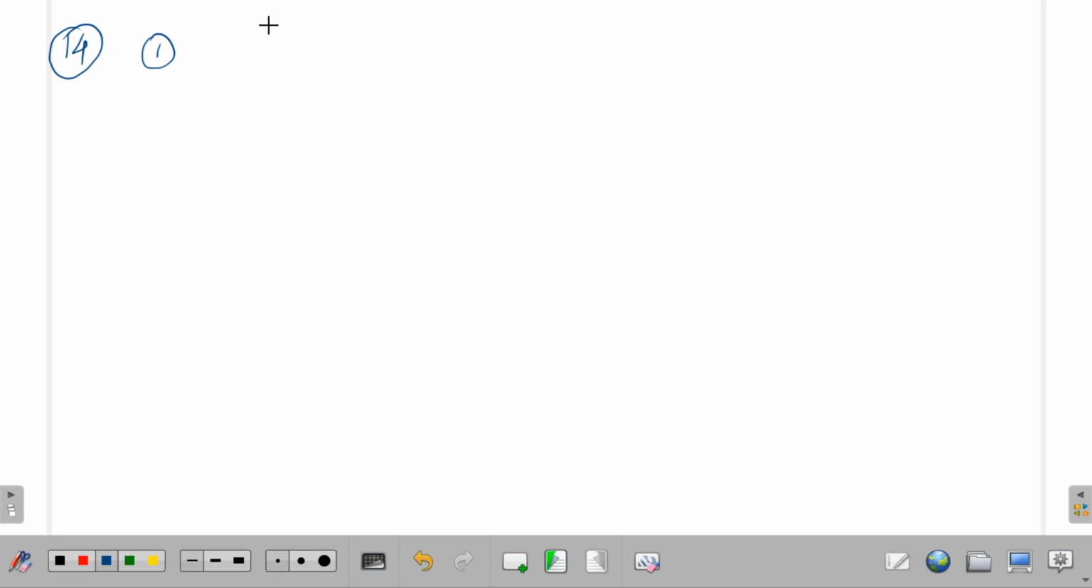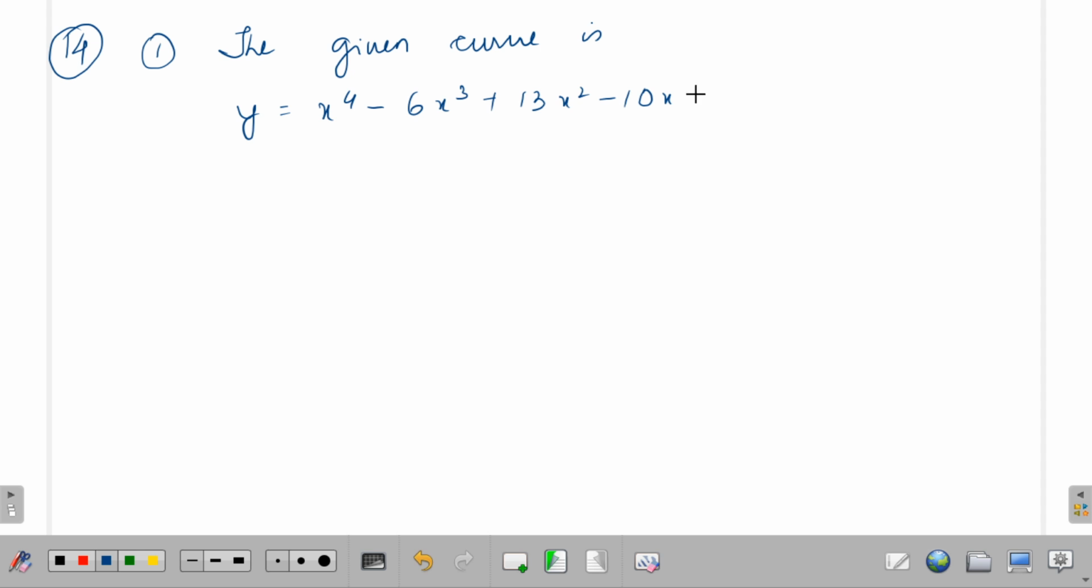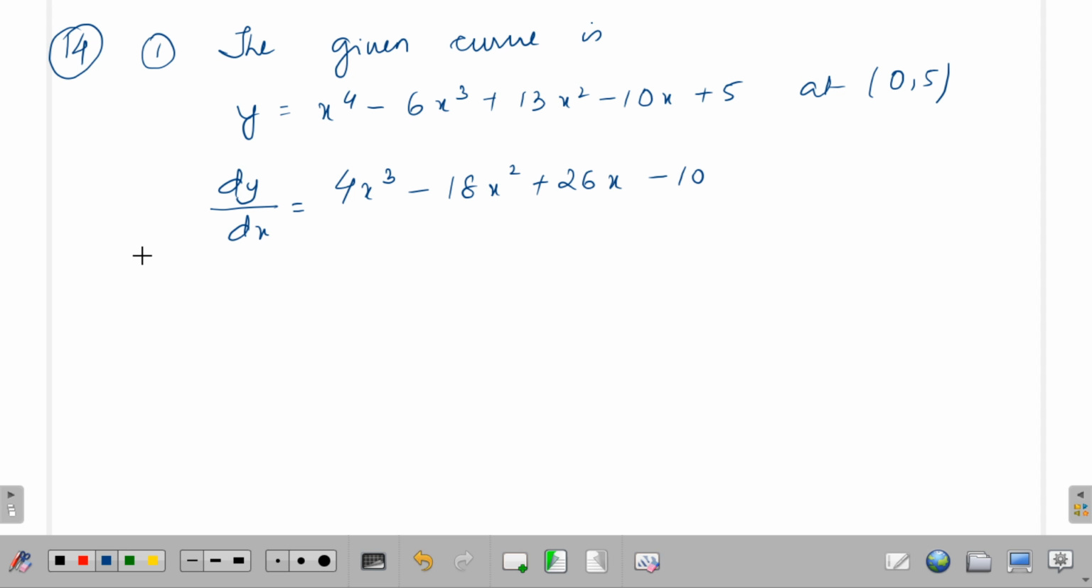So I'll do 14.1. It is given that the given curve is y is equal to x to the power 4 minus 6x cubed plus 13x squared minus 10x plus 5, and the point is given to be nothing more than 0 comma 5. So whenever you got y, I already said it, always find your dy by dx. So if you find dy dx, I got 4x cubed minus 18x squared plus 26x minus 10. All right, because I have to find both the equation of tangent and normal, so I can say that your slope of the tangent,